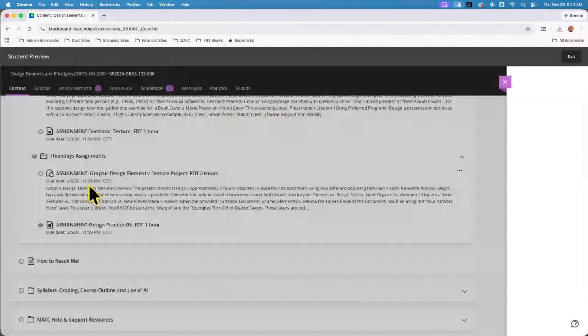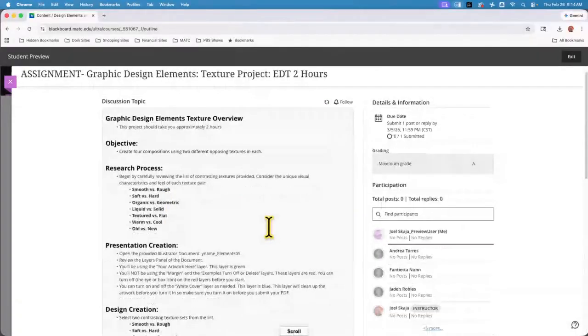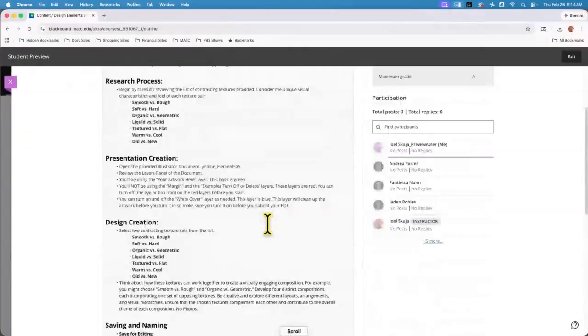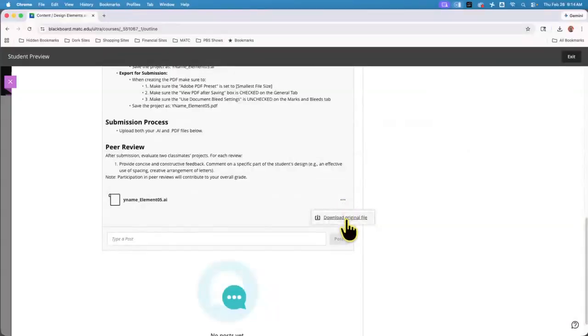All right. So that's the design practice. Now the texture. You have to create texture using Illustrator, or you need to display it in some sort of way. You have 3 sets, and I want you to do 3 out of these, and you're going to do a comparison. So when I open this,